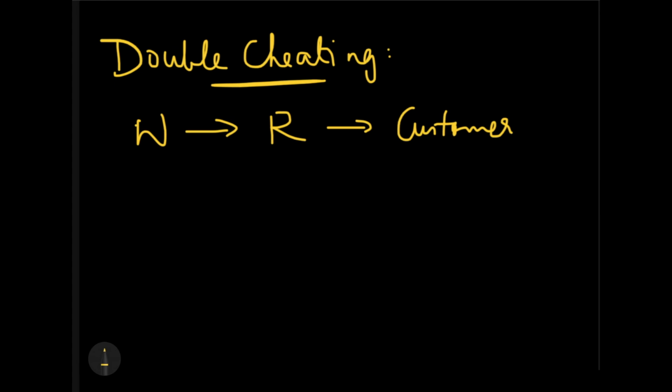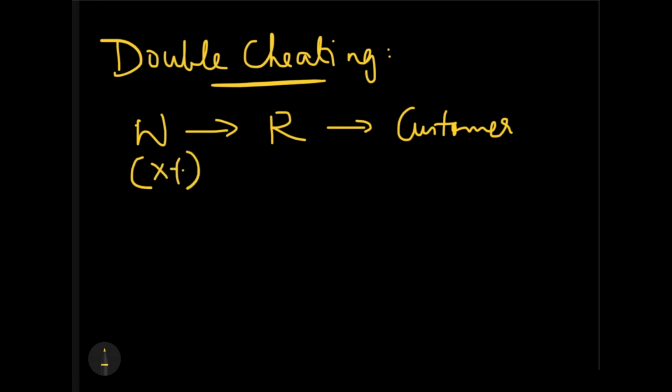So double cheating means, see, it's not necessary, just because Priyasha is saying wholesaler, retailer and customer, that this formula will work only for this wholesaler, retailer, customer thing. Whenever you see that the business transactions are happening in 3 steps like this, you can apply this double cheating rule. Okay, double cheating rule is when the wholesaler is also doing some cheating, let's say